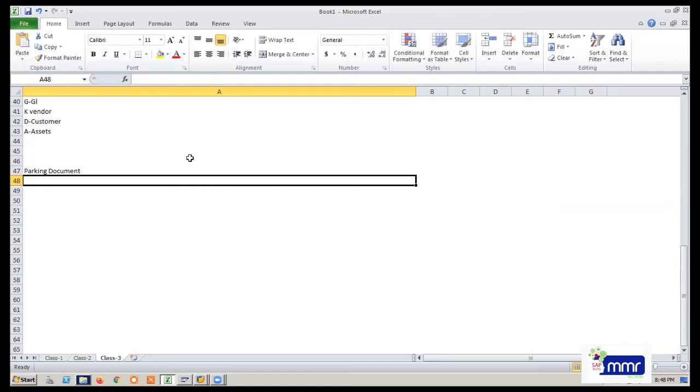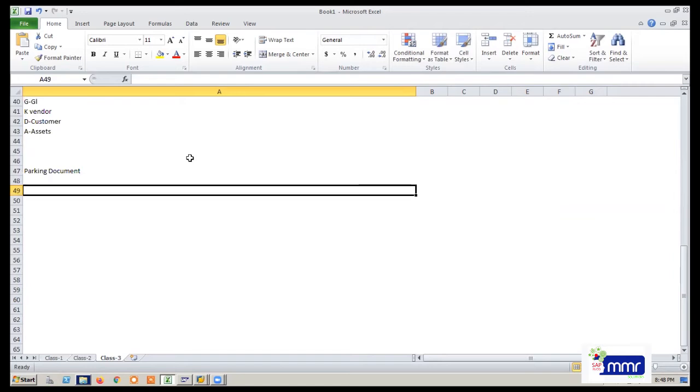For example, an L1 manager approved document. Approvals are needed to post.